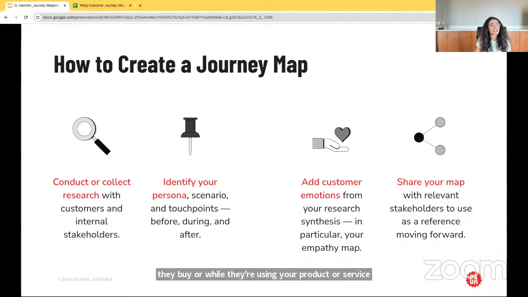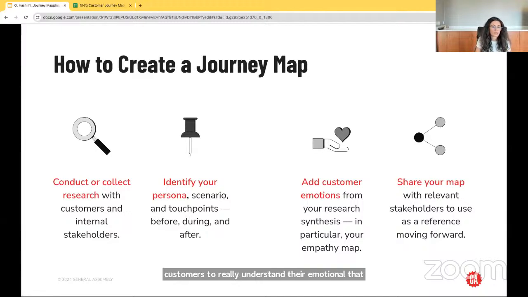Once you have that, you want to dive into your customer's emotions. So what are they thinking? What are they feeling at each stage? This is where your research will really come in handy. So use what you have learned from your customers to really understand their emotional journey using the actual data provided